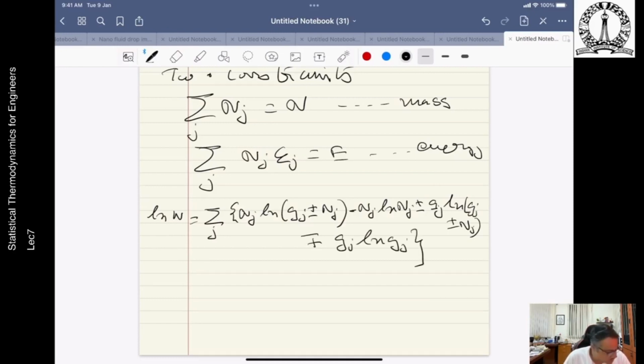So this is the total expression. What you do is that you differentiate first, because you have to find out the most probable distribution. So once you do that,